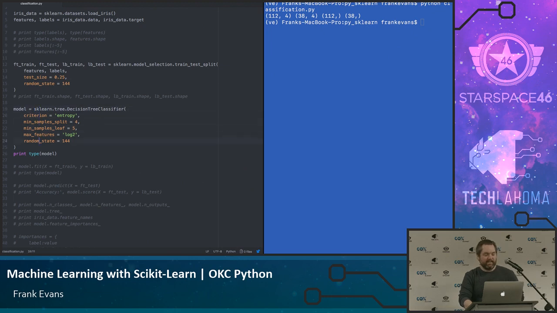Anyway, I'm going to set up several of these things. So there's my random state, 144, choose whatever you want, but I chose 144, doesn't matter why. I've got a criterion of some kind, so I'm going to feed it that, and look up in the documentation to see what that means. The minimum number of samples to split on, I'm going to say 4.